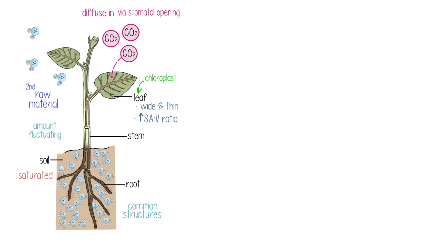The structures of the plants that are in direct contact with the soil are the roots, whereas the leaves are where the chloroplasts are, and those are actually suspended mid-air via the stem. So photosynthesis is occurring mid-air inside the leaves, where most of the chloroplasts are, whereas its raw material, the water, is located in the soil.